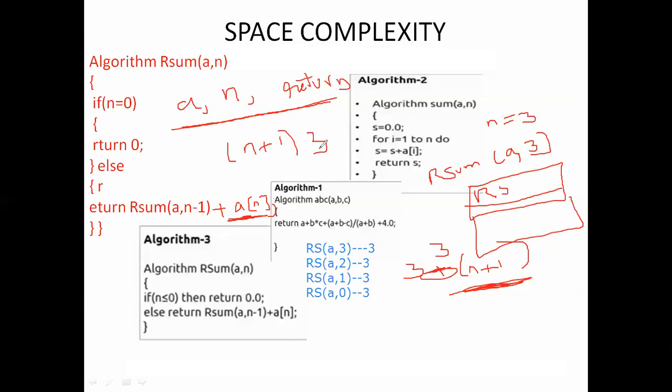Performance analysis of space complexity is very important to analyze the algorithm, by calculating its space complexity and time complexity.